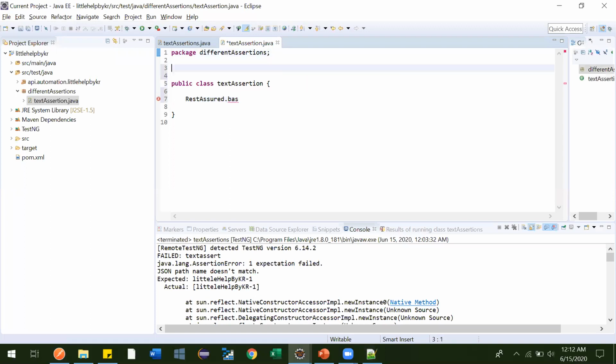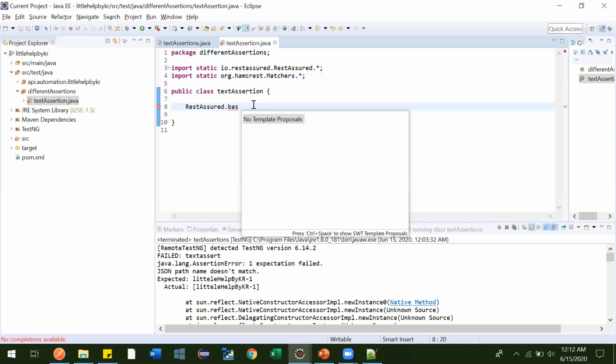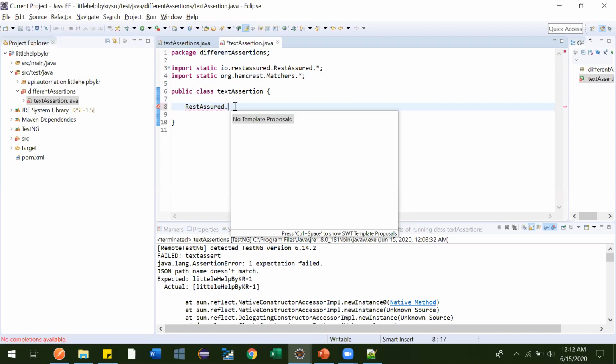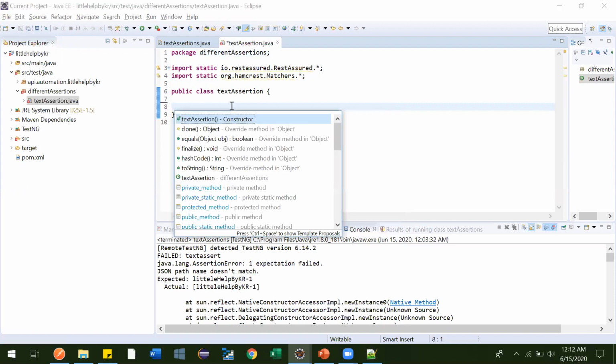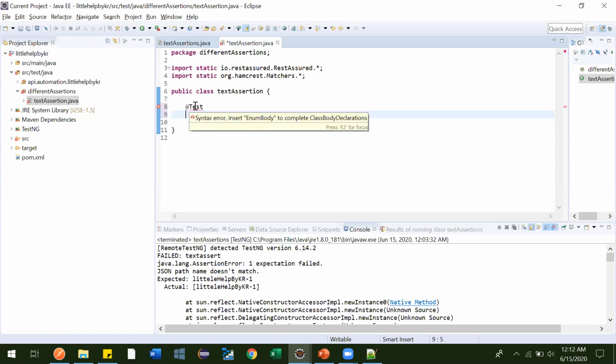Let me add those, and now it should show. Control space, still not showing. Why? It is not showing because we have not added @Test, since we are writing a TestNG test case. Suggestions only come inside a method, and outside a method they will not come. That was the reason we were not getting them. This is one thing you should know.